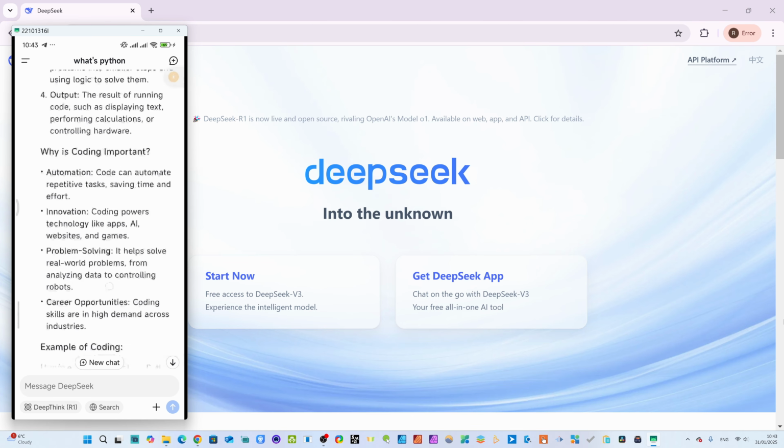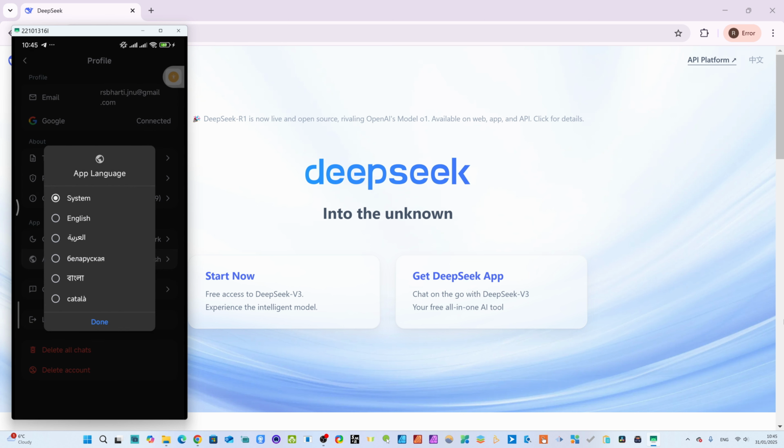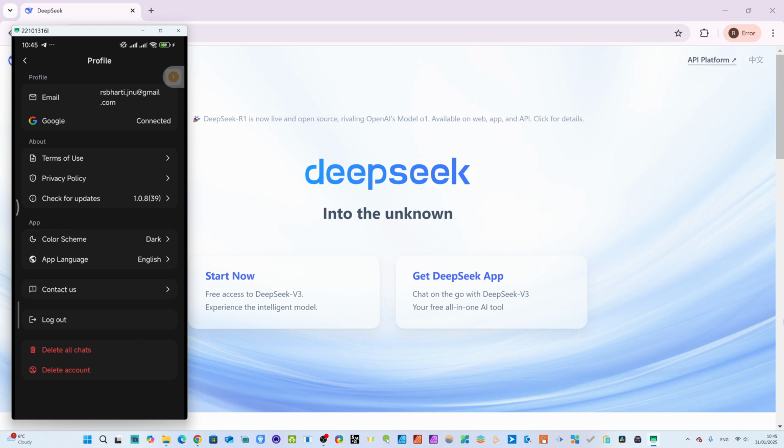Once I have downloaded it to our computer, it will be on mobile, and it will always be on your mobile. You see, I have DeepSeek AI here, and you can go to settings. You see, I have history from here. You can change the system language. I can take the dark theme. Done. Now our mobile will be in dark mode. It's connected with my Google account. I can change the language here. Now these languages are available. You can change to any language, Bangla, Belarusian, Chinese, Japanese. I use English. It will be in English here, and everything is okay.